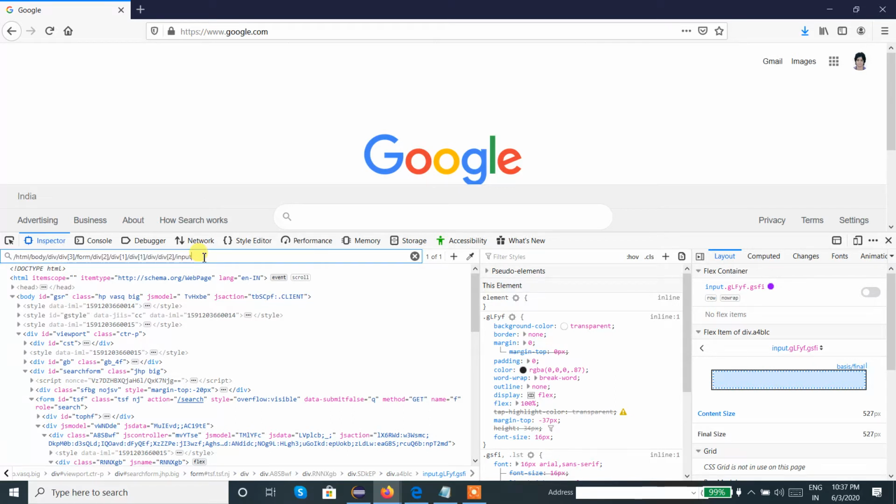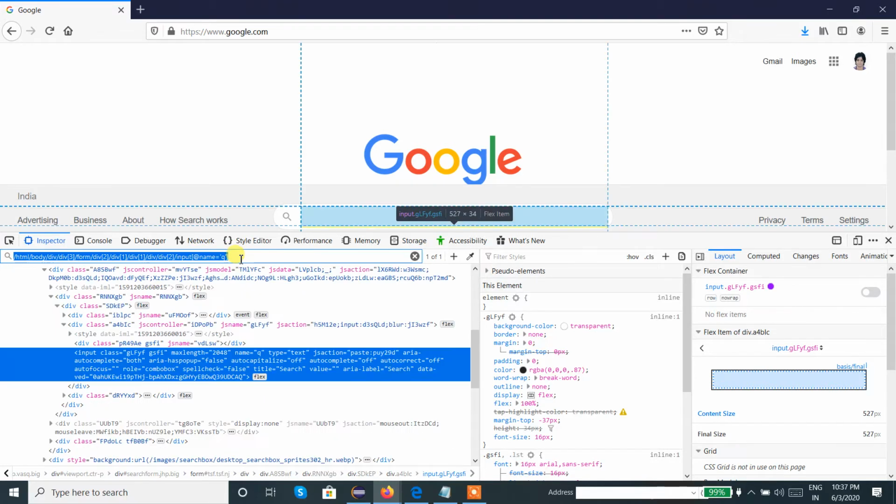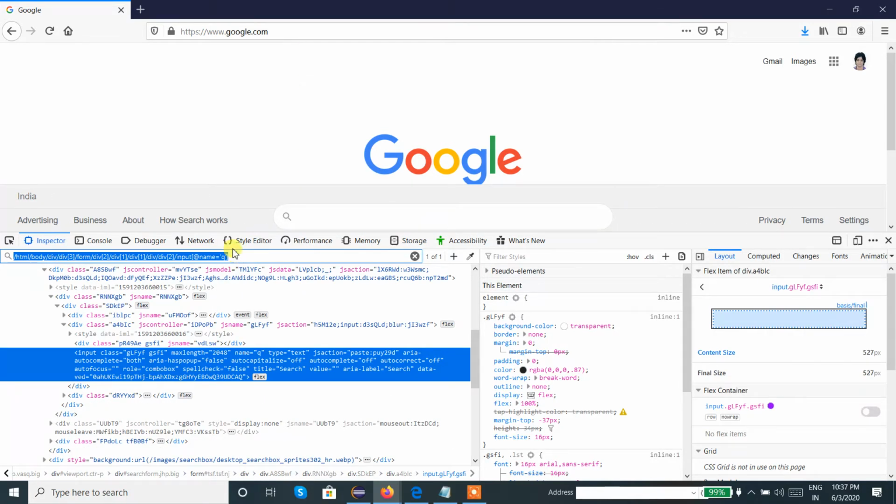Even we can give more information to the web element by providing the attribute, @attribute name equal to value. We know about name equal to q, so I provided name equal to q. Let's check. Yes, it is working. That is not required for the time being, because with only input it was working, as only one input box was there. Fine, but we can give it in the proper way also. So this is the way we can write our absolute XPath.